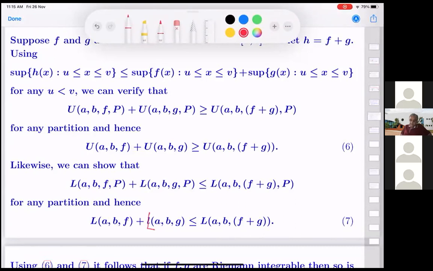So we see here the upper bound for the integral, or upper integral. I have not introduced that as a notation, but this is U of f. When the P is not there, that's the upper integral. The sum of the upper integral of f and upper integral of g is greater than or equal to the upper integral of f plus g, and the lower integral of f plus lower integral of g is less than or equal to the lower integral of f plus g. But if f and g are integrable, what does that mean? The upper one is equal to the lower one. So it will force that these two have to be equal. That's it.